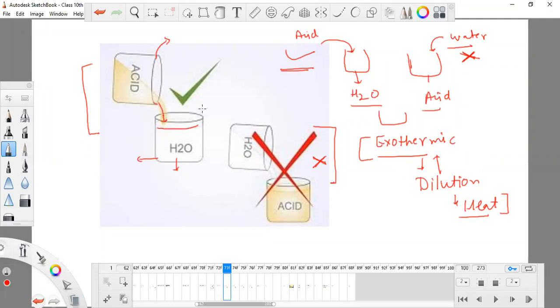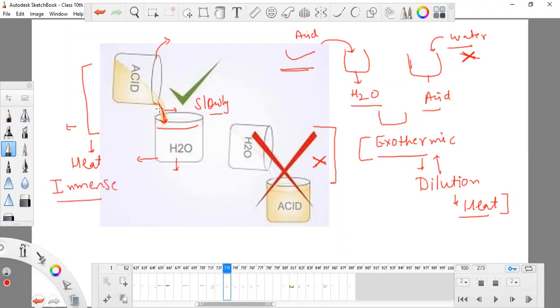Okay, we don't pour this just like we pour a pot in 1 or 2 seconds. No, we are pouring this slightly and very slowly, so it will create heat, but the heat is not so immense. That definitely it is an exothermic reaction. It will create heat, but the heat is not so immense,